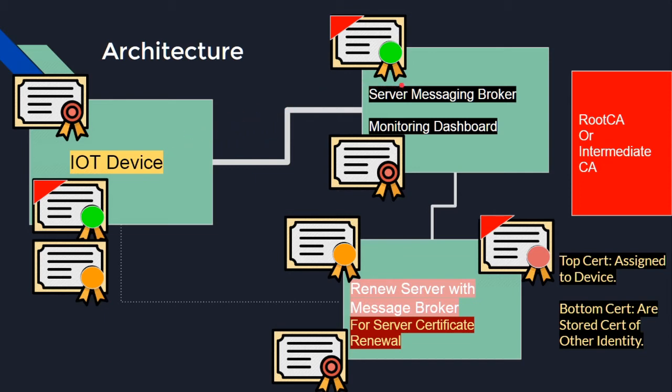Now what happens in my architecture if, let's say, this certificate is going to expire? Thirty days prior to its expiry, this server will issue a request to the IoT device